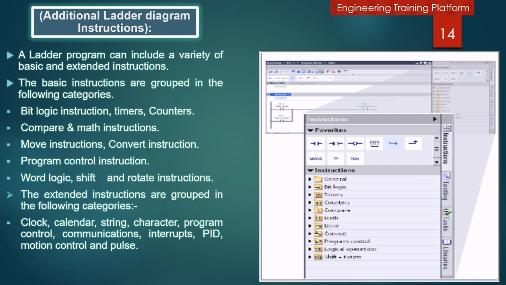The extended instructions are grouped in the following categories: clock, calendar, string, characters, program control, communication, interrupts, PID, motion control and pulse.